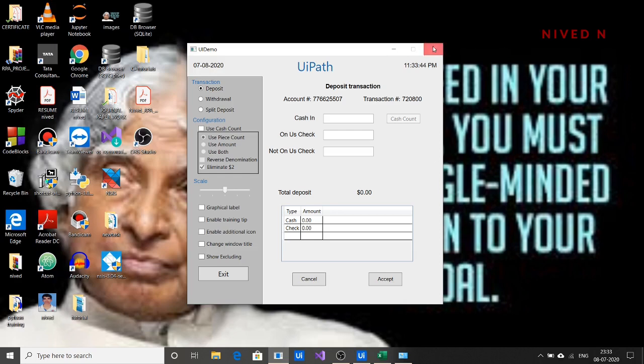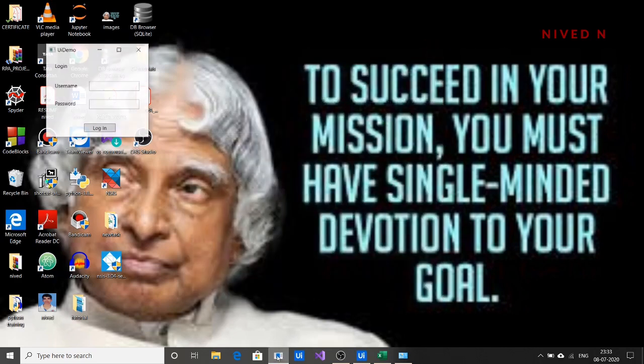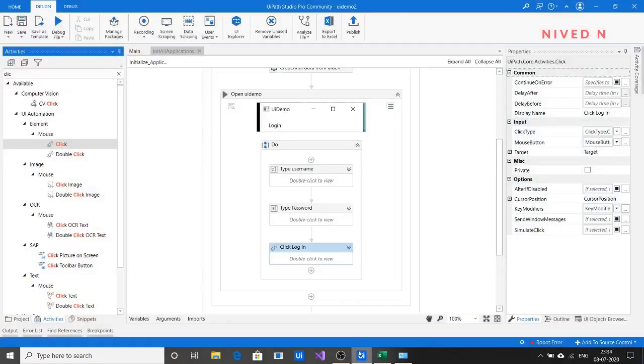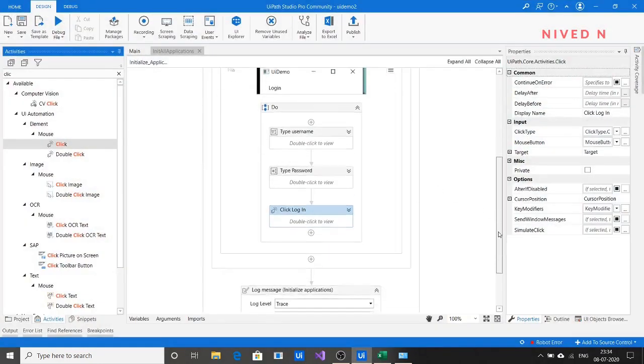For example, if you provide incorrect credentials, let's say username as 123, password also as 123, you will not log in. So we should provide a condition to check whether the login is successful or not. Why we are providing this, I will tell you later after doing our automation work, because there you can understand why we are doing that. It is a common step that we do when using these login conditions.